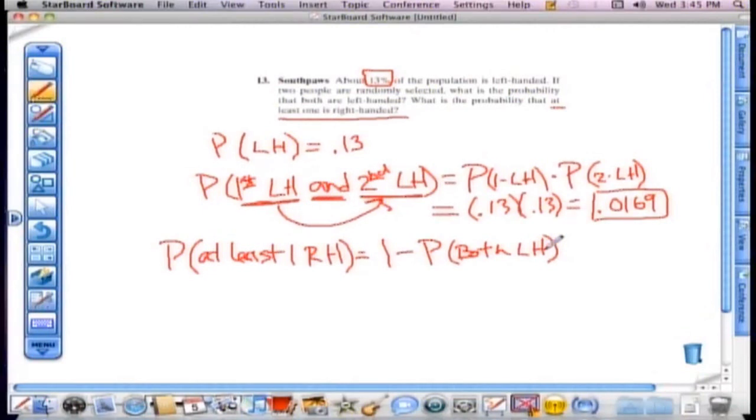Okay, so if we can have either 0 or 1 or 2 of them right-handed, at least one would encompass 1 or 2. The complement of that would be that neither of them, or 0, are right-handed, or they're both lefties. Yay. And we got that up here. So it would be 1 minus 0.0169, or 0.9831. When you see those words, at least,